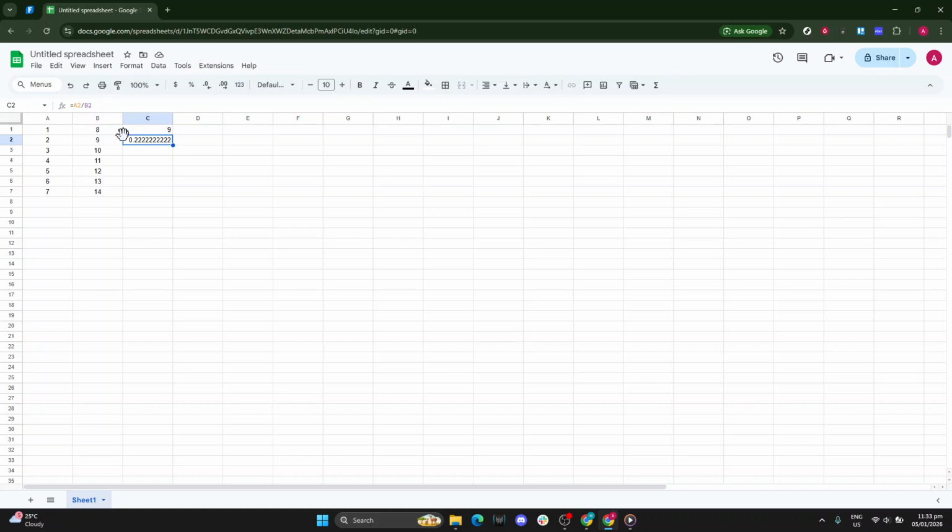That's all there is to it. Equals to start. Click your first box, use the plus for addition or the / for division. Click your second box and press enter. With these two simple formulas, you can build flexible calculations